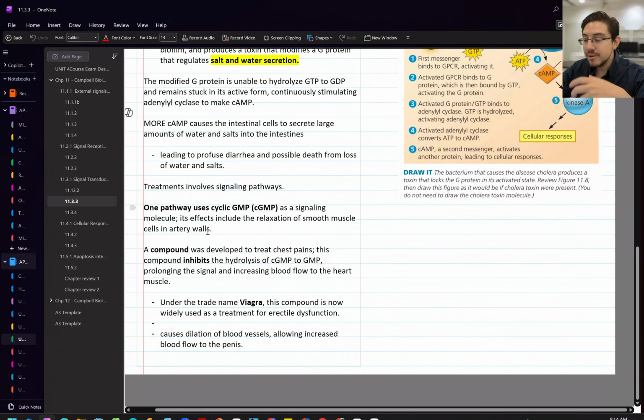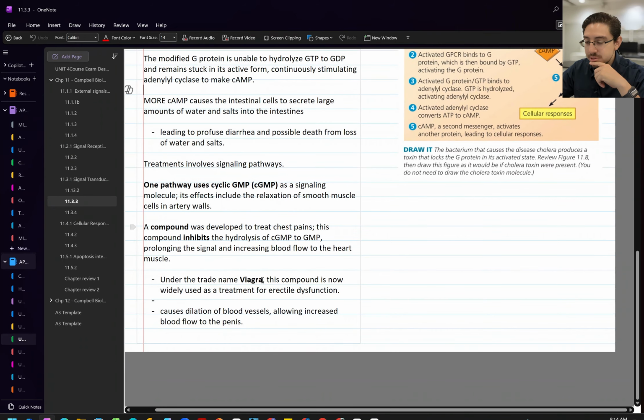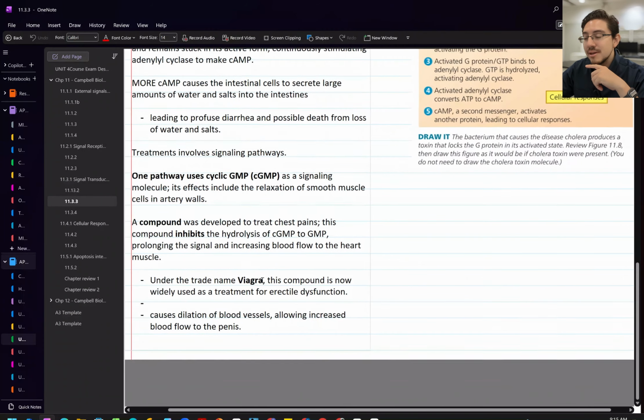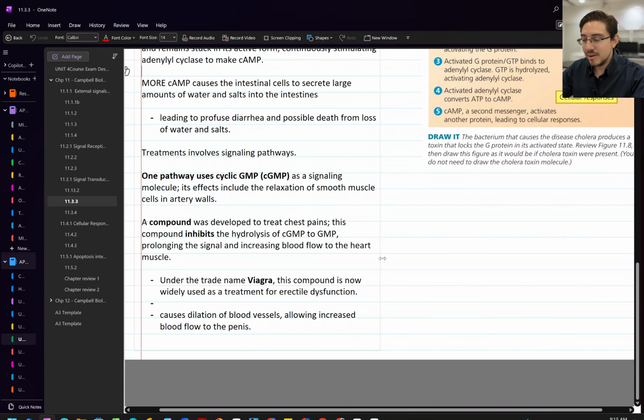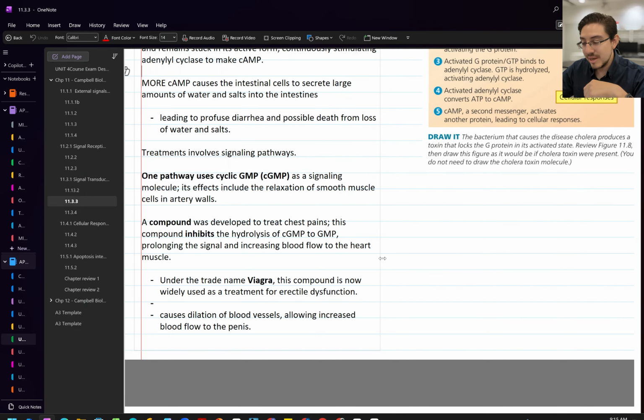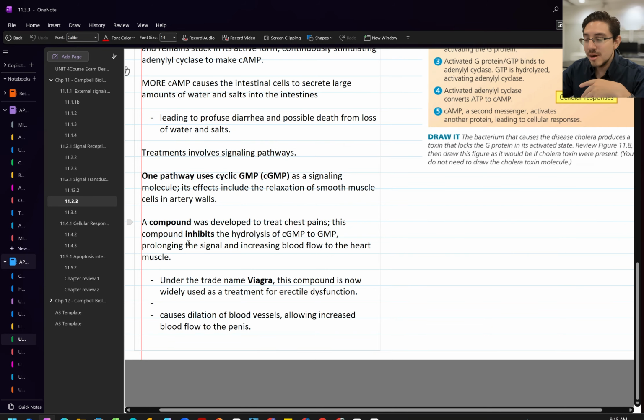In this case, you have smooth muscles in arterial walls. Cyclic GMP will induce the relaxation of smooth muscles in the arterial walls. It's quite interesting that scientists developed a compound very similar to this, and it was used to treat chest pain. But this compound inhibits the hydrolysis of cyclic GMP to GMP. So what happened? You have the signal activated for a longer period of time, but because this is a medicine,